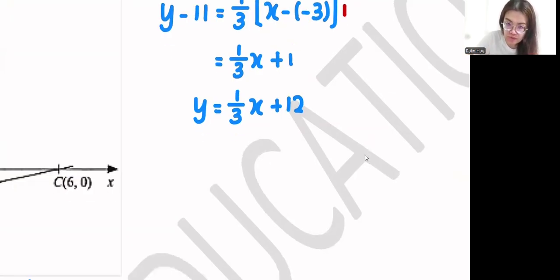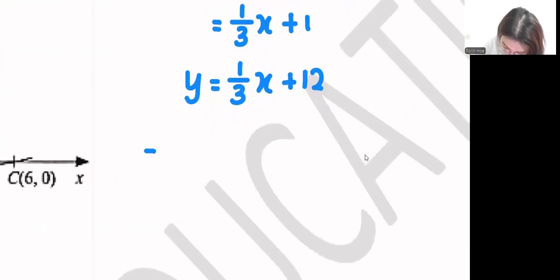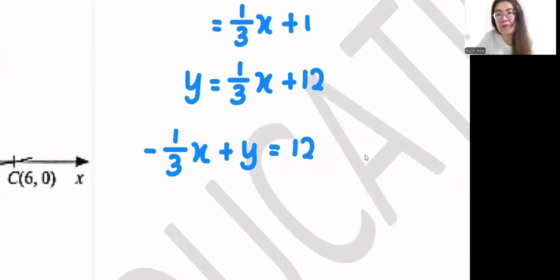我把 1 over 3x move to another side, I will get negative 1 over 3x plus y equals to 12. 这个 I go step by step. I just worry you don't know how to see. And in math, when we multiply, we always multiply to the numerator. 对吗？我们乘上去分子的。